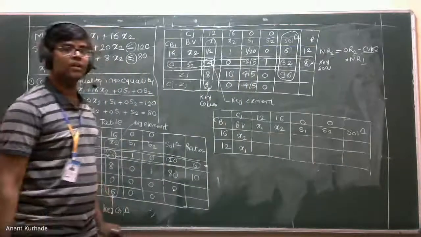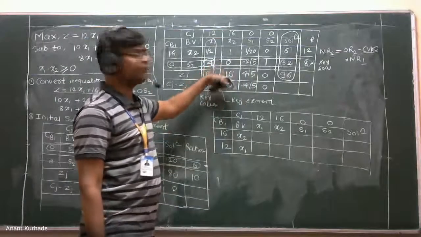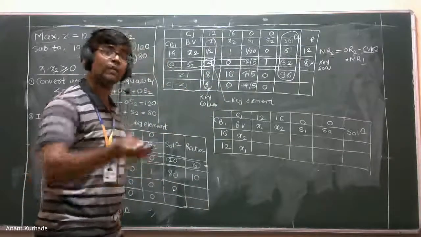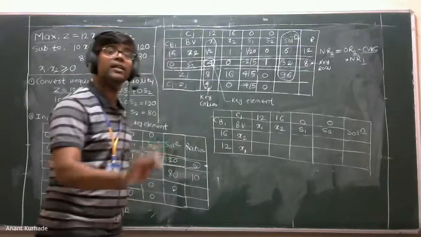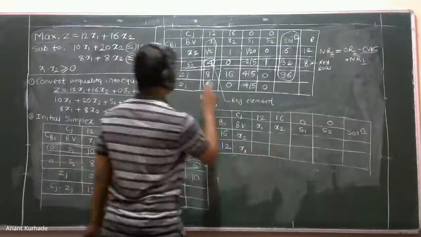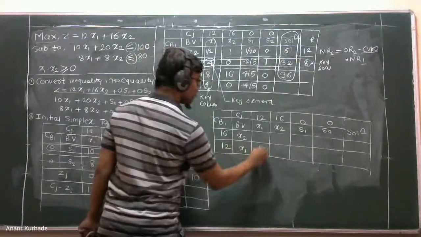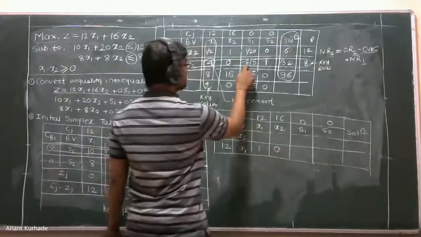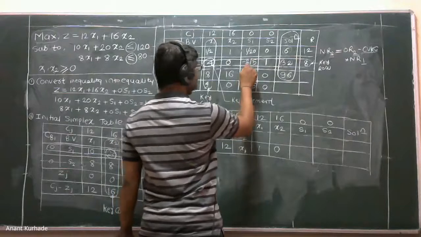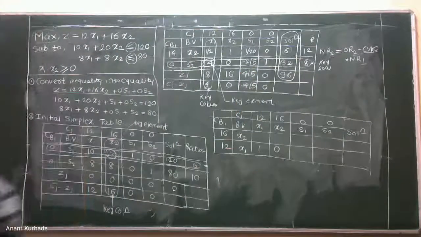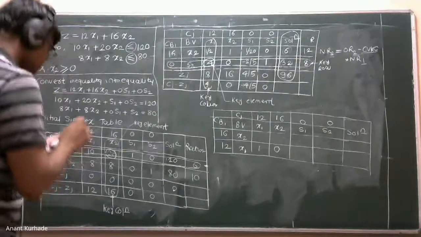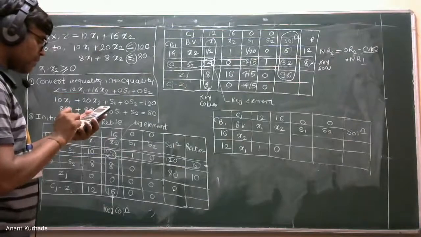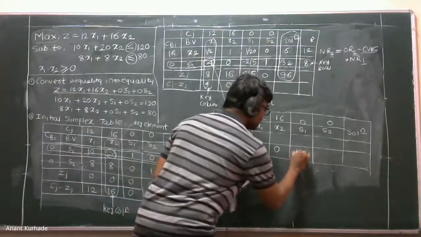Now, which row is in the previous table? Second. So write down those values first by dividing each element of the second row from the previous table by the key element. So it is 4. 4 upon 4 we have 1. Here 0. Okay, 0 upon 4, 0. Here minus 2. Do this in the calculator: minus 2 divided by 5 divided by 4. Now it is minus 1 upon 10.